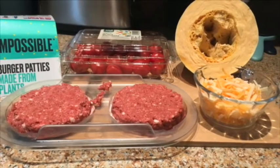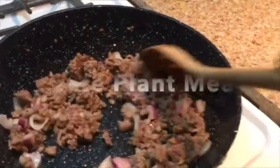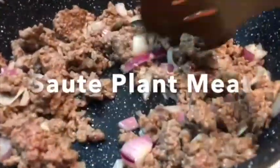So the first thing you want to do is go ahead and prepare your spaghetti squash. You want to either boil or steam this. Be mindful not to over steam it or boil it, and start your saute by adding your red onions, and